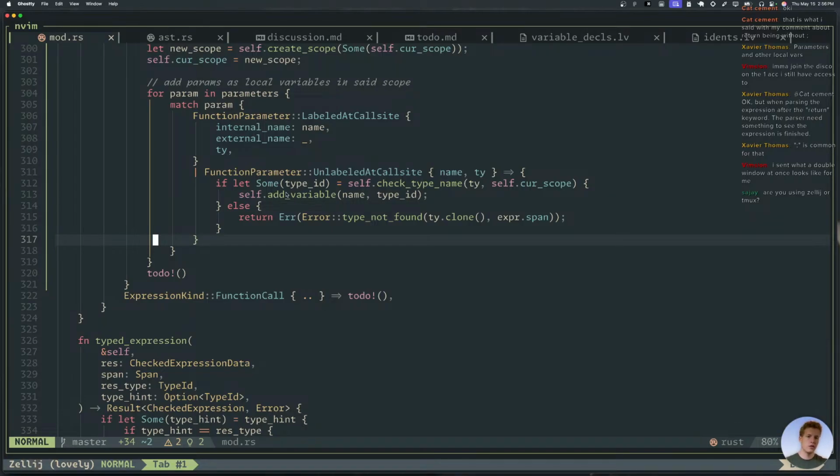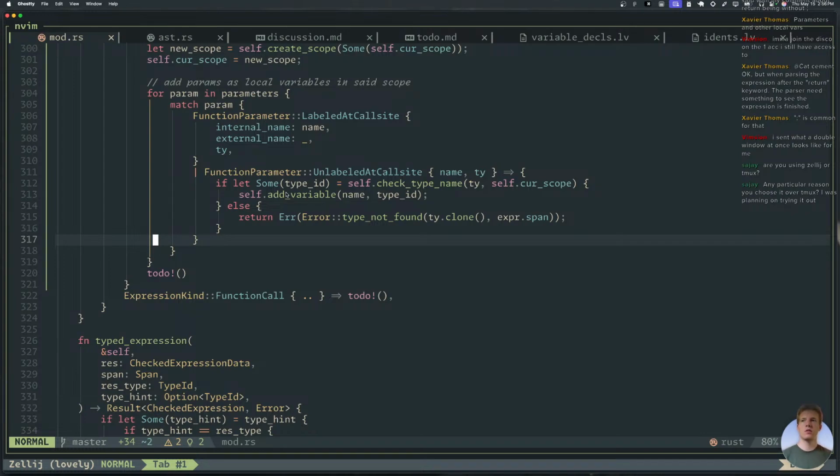Any particular reason you chose it over Tmux? Configuration is easier and it looks nicer out of the box. And I found it easier to use. It's also just like a more modern and actively developed option, I felt like. But yeah, I didn't really have any big deal breakers with Tmux. But I do like Zellij.